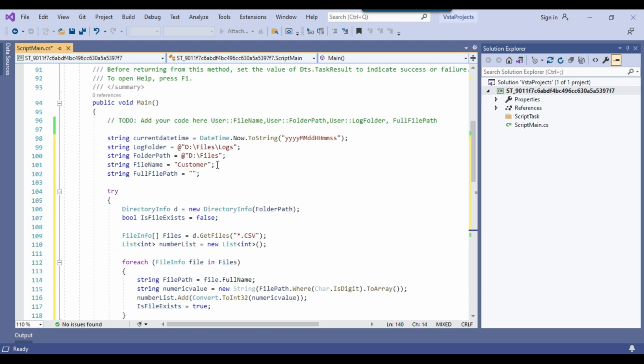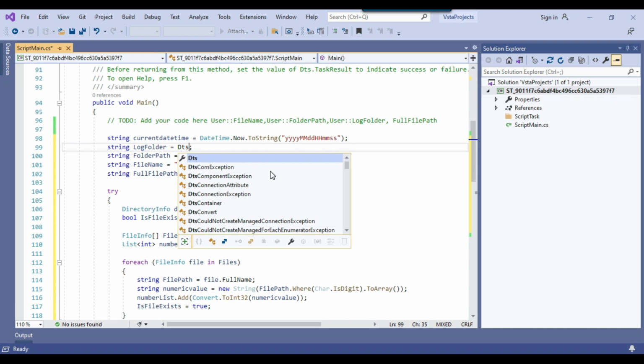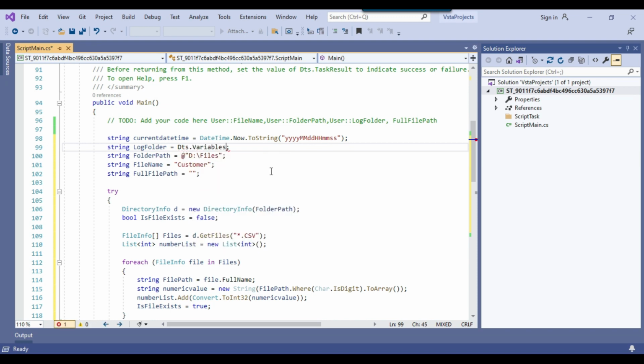Now instead of this hard coded log folder path value, we can get the value from the SSIS variable. So I can write Dts.Variables, and then get the variable name from here, .Value.ToString(). Now the folder path is dynamic and its value will be populated from the log folder SSIS variable.